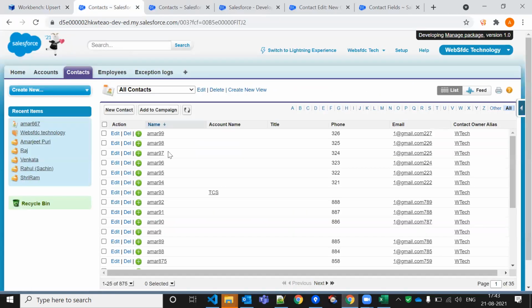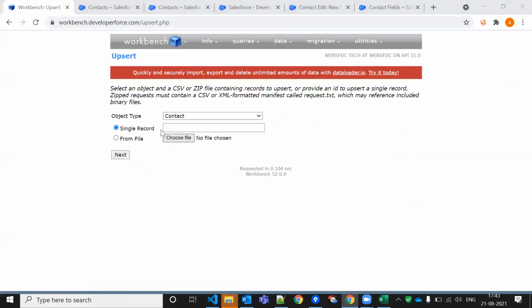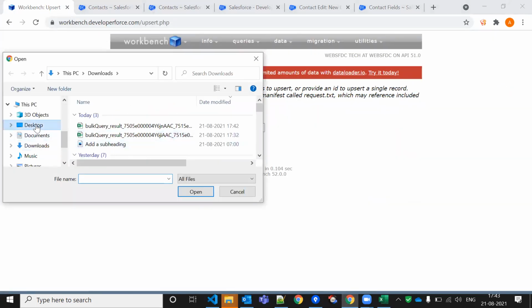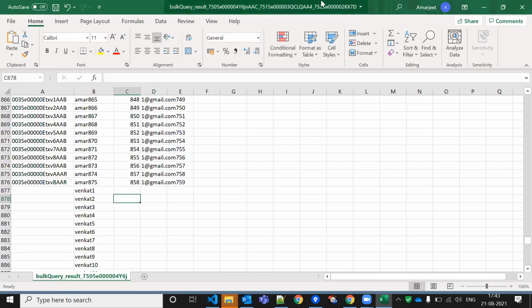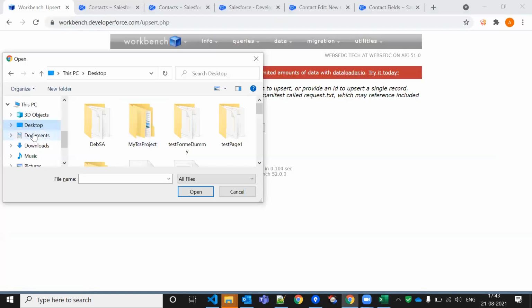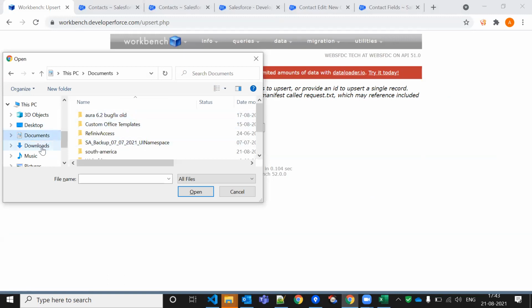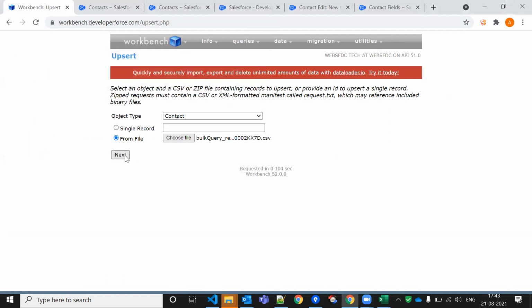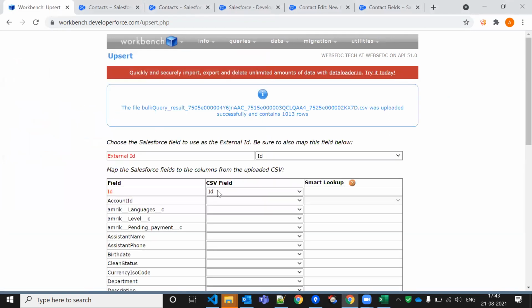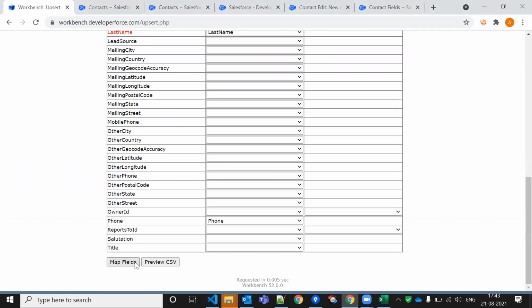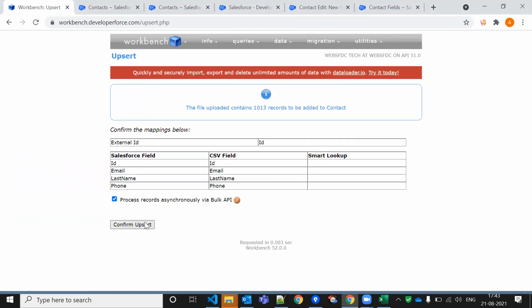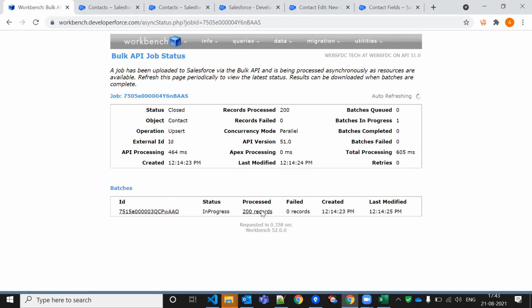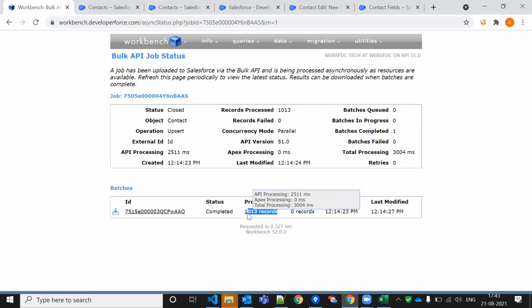First, you can identify how many records we have. It's 875 in the end. Upsert. It processes 200 first, again 200, again 200.